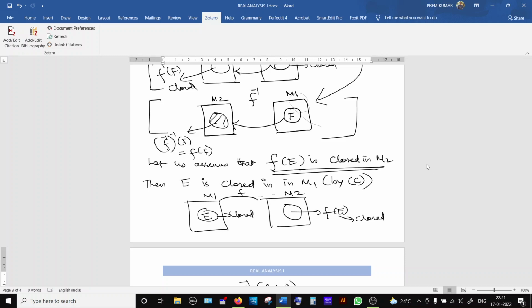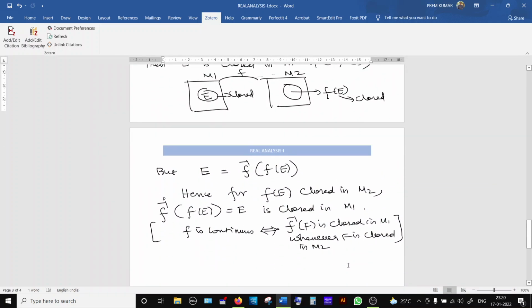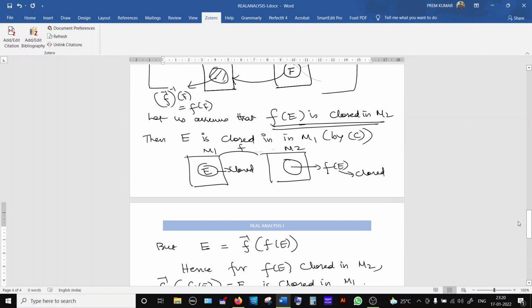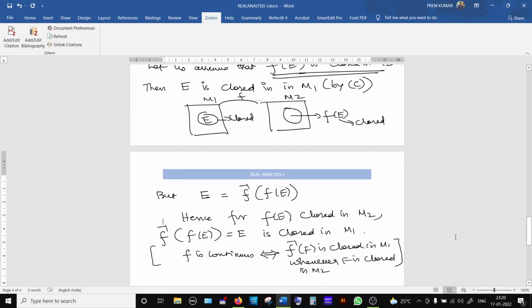So let us assume that f of E is closed in M2. Then E is closed in M1 because of the assumption C. What does C say? So what we have proved is, we assume that C is true, and we proved that both f and f inverse are continuous. So from this, the conclusion is